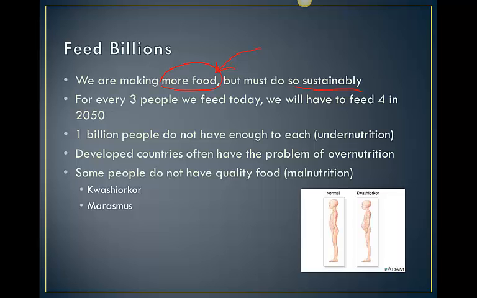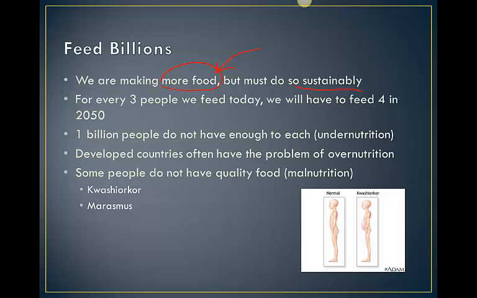A fourth reason why we're able to make more food now is because we're able to cultivate more land. We talked about in chapter 9, we're able to cultivate very arid regions, very desert-like regions that we were never able to cultivate before. And a final reason why we're able to make more food now than ever before is because with our technology, we have been able to develop more productive crops. So on 1 acre of land, just like you saw in King Corn, we can grow more corn than we ever could before.